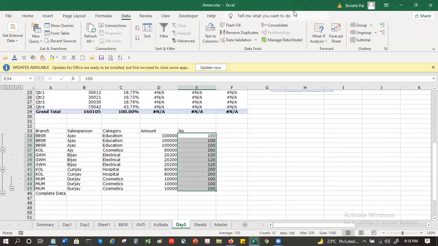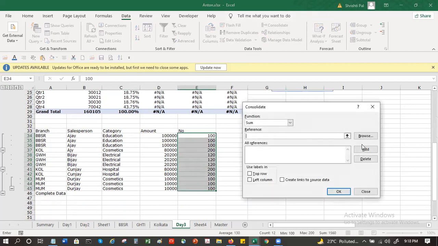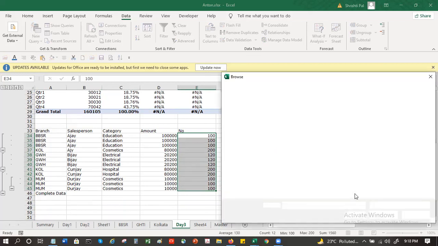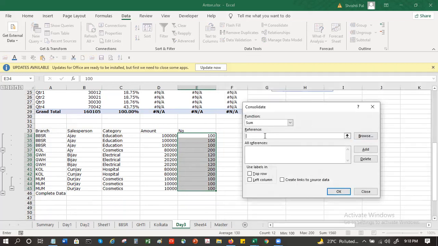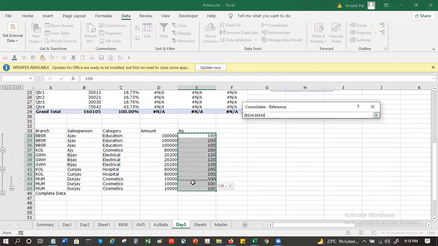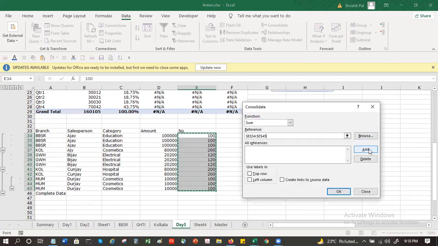Let's say I want to do this. So I have to just click on this and select, give it the references basically. So add. So this gets added.